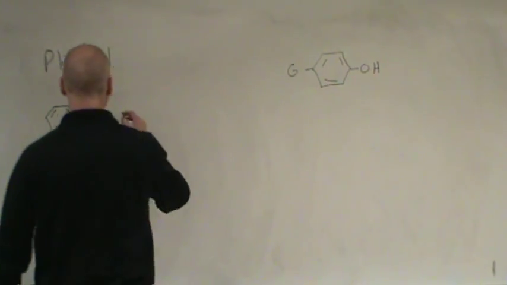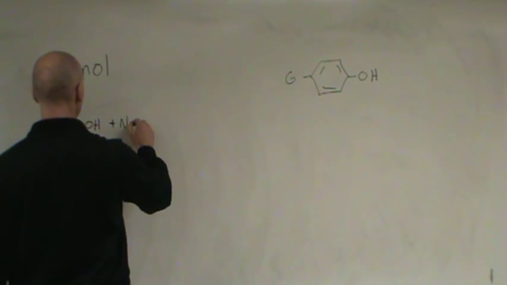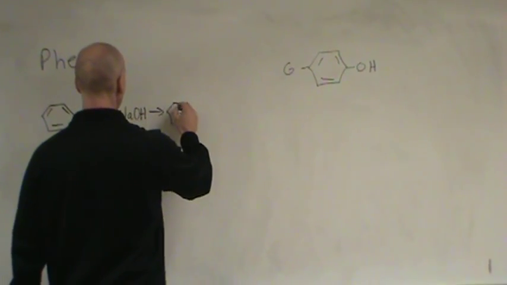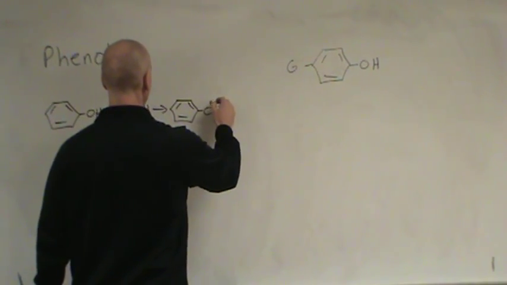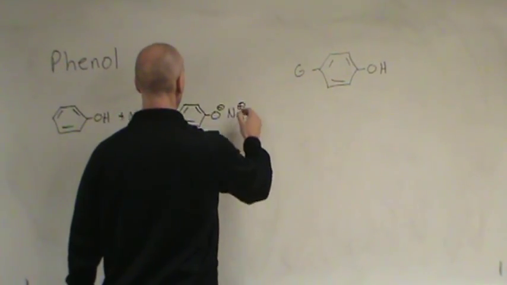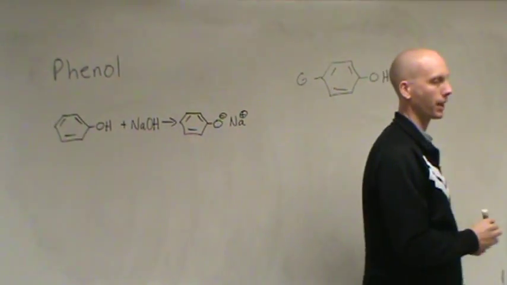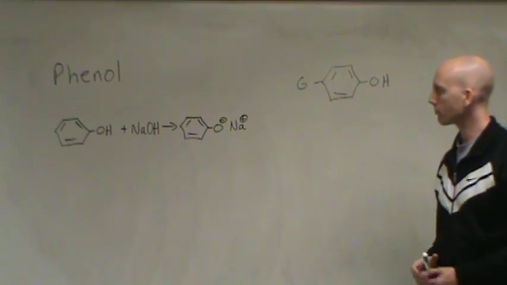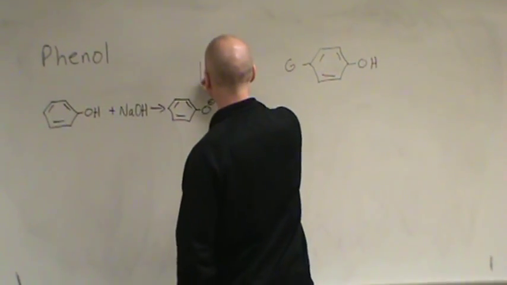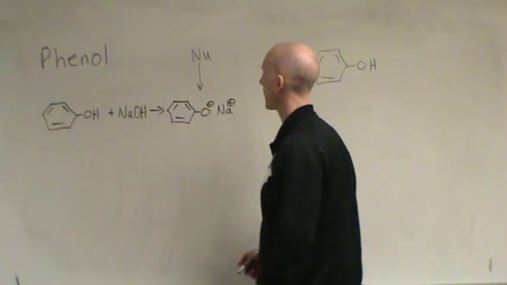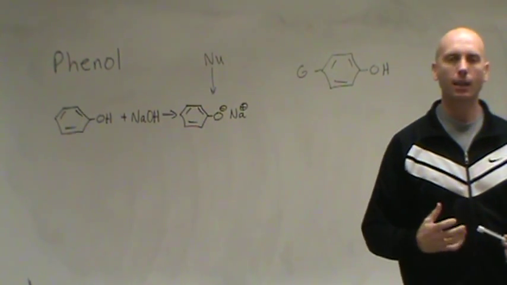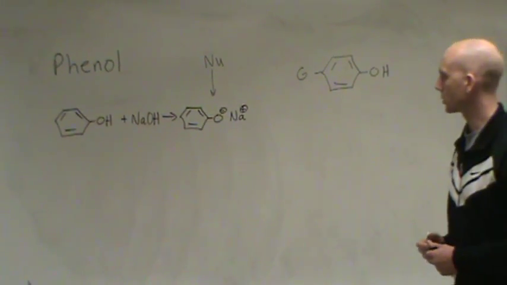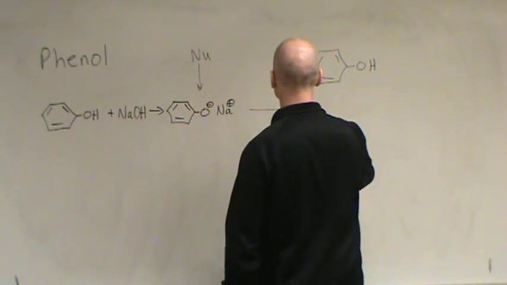We know if we react this with a base like sodium hydroxide, this gives us the phenoxy ion in terms of sodium phenoxide. And this thing here we can take advantage of by making it act as a nucleophile. And so in my second step, if I were to bring in some substrate,